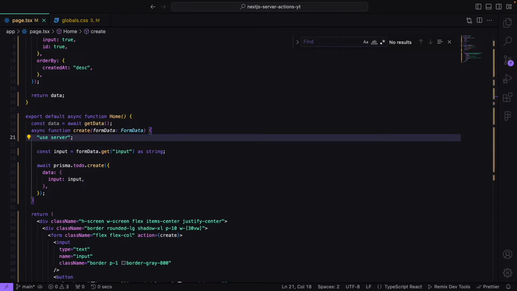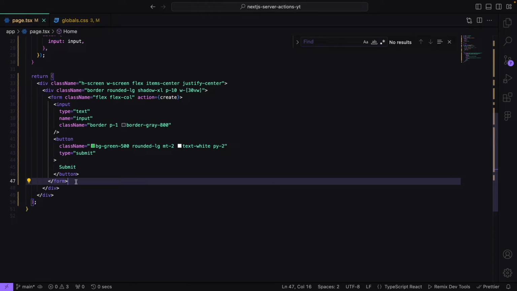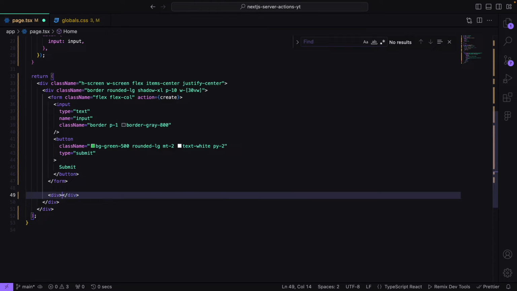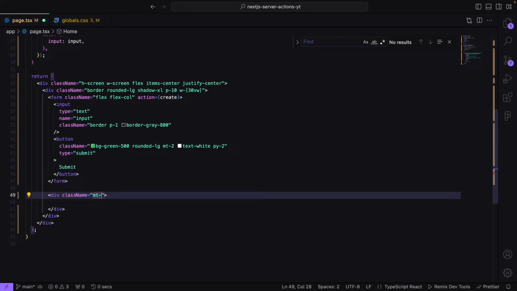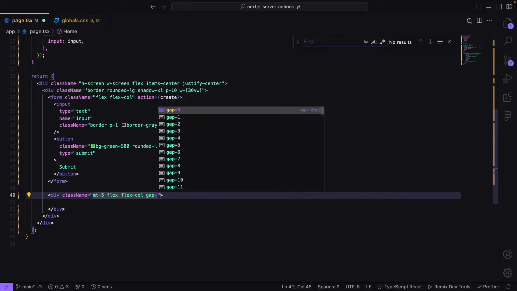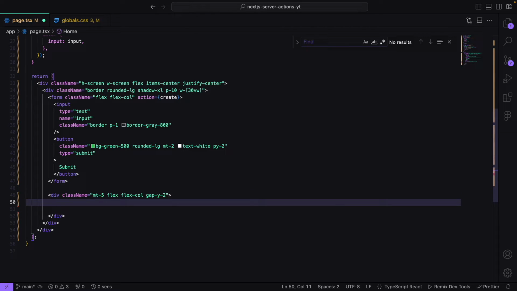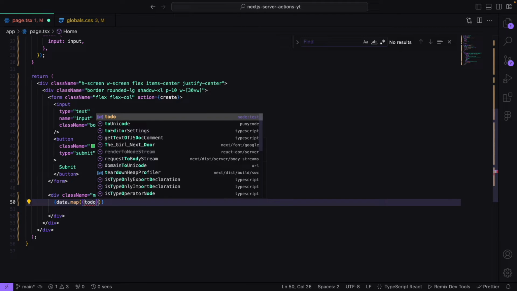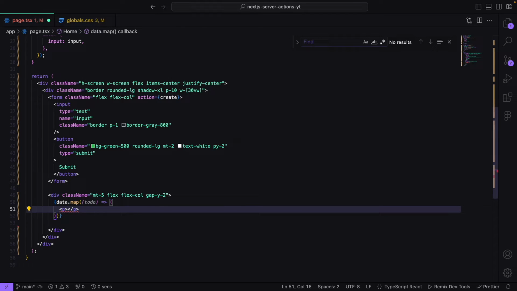So now I think let's map over the data and show it. So let's go under our form element right here and let's create a new div element. Let's give it a className, and this will just be mt-5, flex which will be col, and gap-y-2. Now inside of here I want to map over my to-dos. So let's do data.map. Let's get the todo and let me return that. Now inside of here I can now just simply return a p tag, and let's just say